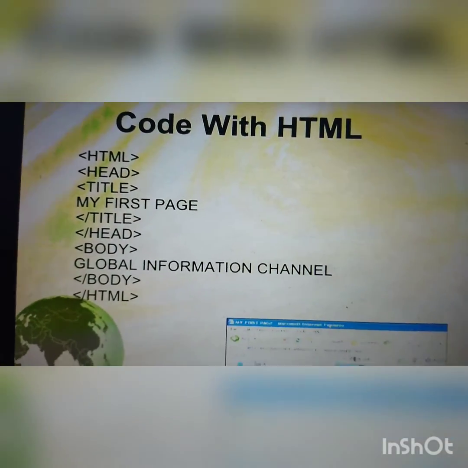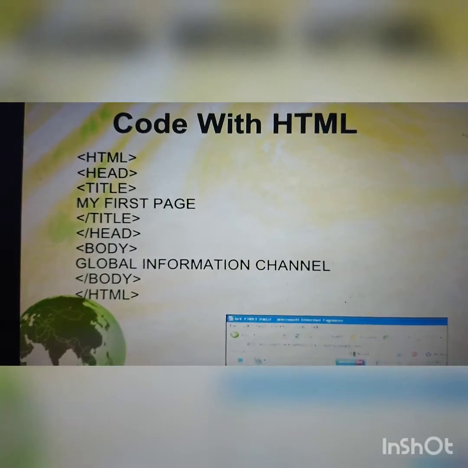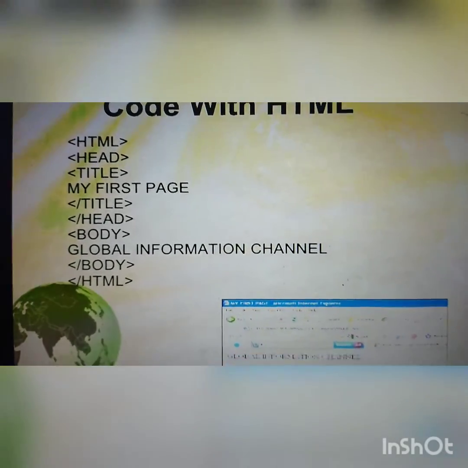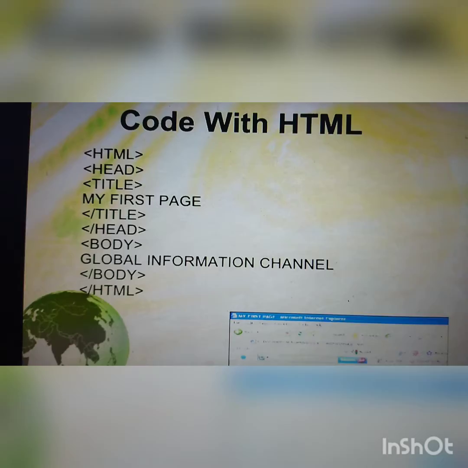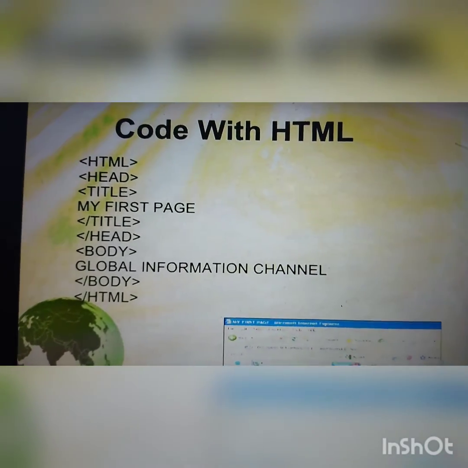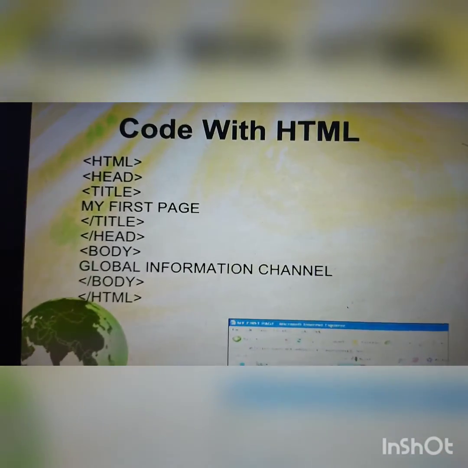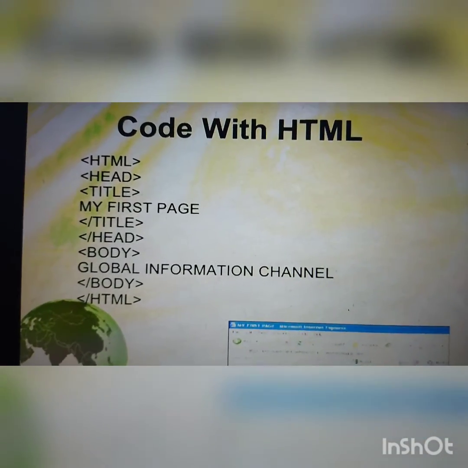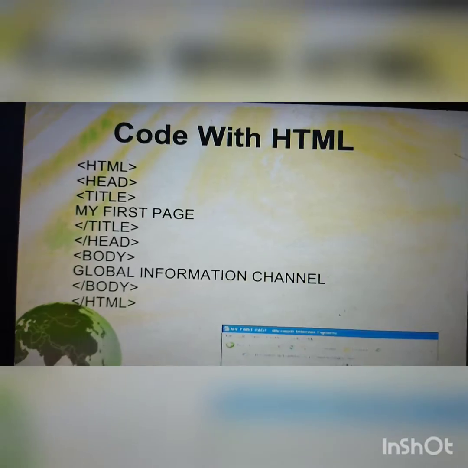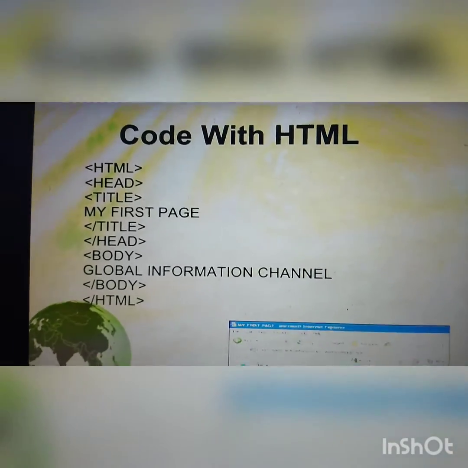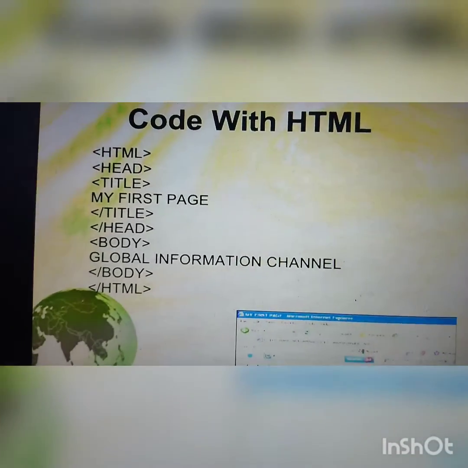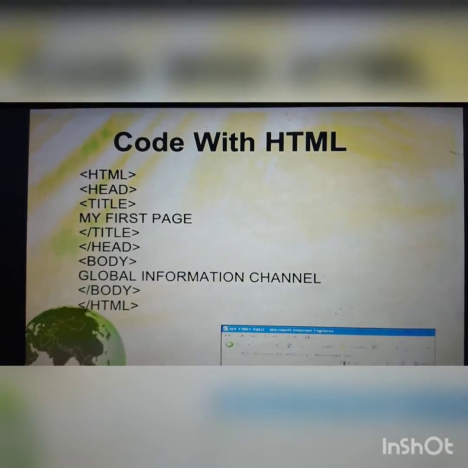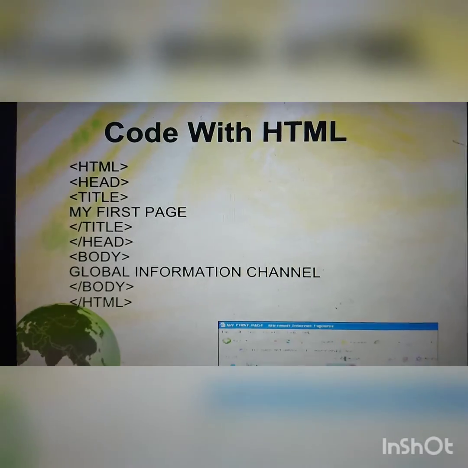Then you can see a simple code with HTML. First of all, we start with the HTML tag, the starting tag. Then you write the head tag. Then you write a title tag, where we give a specific name as the title. Here it is already written, my first page. After that you close your title tag and close your head tag. Then start your body tag.